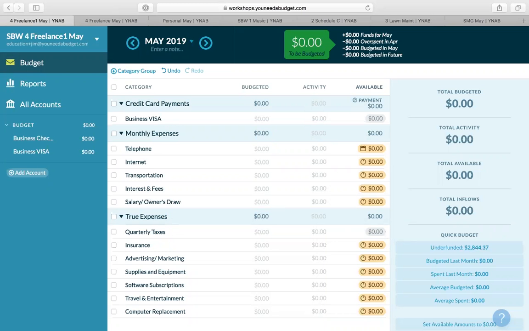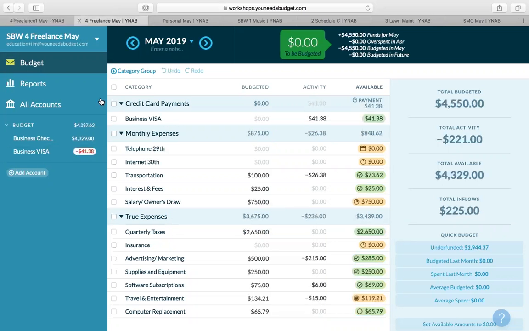Let's say I am a freelance writer. Okay, I'm going to set up my budget. Let's go to my budget here where it's the same basic budget, but I've added the numbers. I've added the money in my checking account. Okay, I've added goals to help me plan, but I've used rule 1 and given every dollar in my checking account a job. Now, these orange alerts that you still see here remind me of underfunded categories. Now, I'm going to add to these categories when more money arrives.